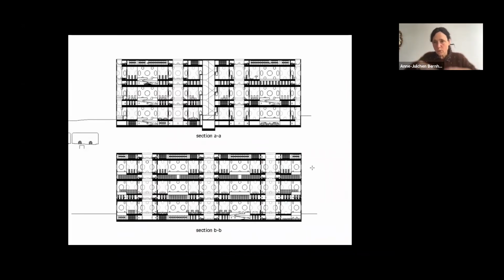So the whole thing is thought from the section, which consists of pairs of a very high public space and a very low space for books.